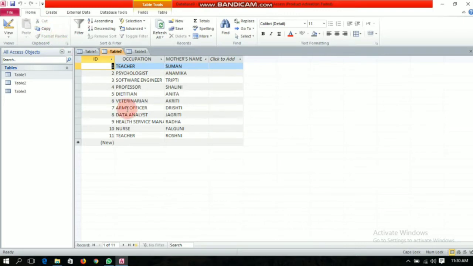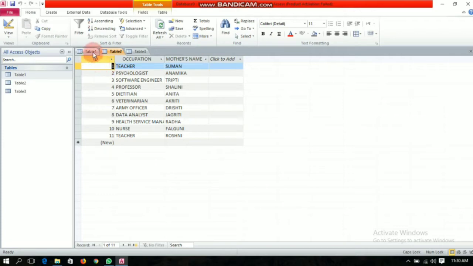Both of them have a same or similar ID, that we can say is the primary key. If I want to know the mother's name of a particular child, then I have to check table 2. We don't have to write all the things in one table only, but whenever we need to know all the details of a particular child or particular ID, we can just merge both the tables.